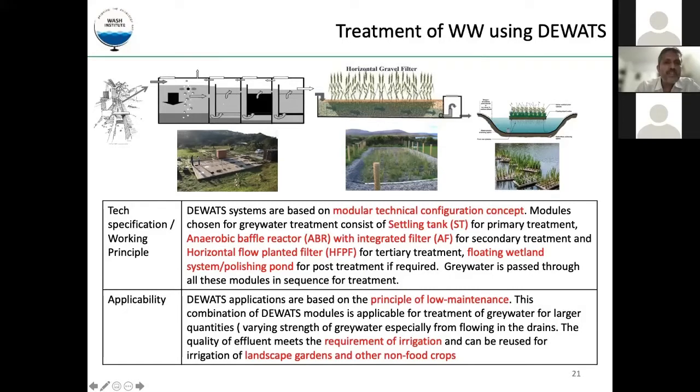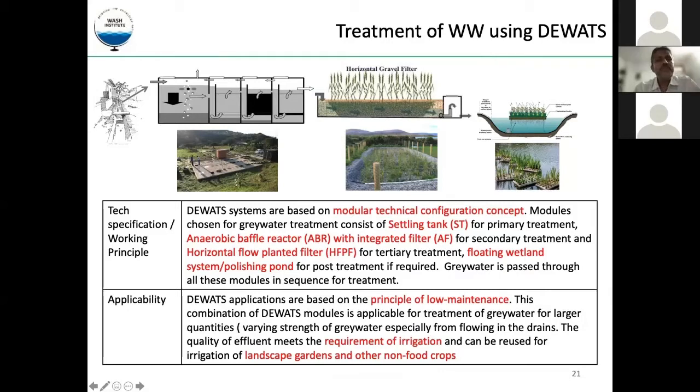So this looks to you like different systems, but when you construct it, it is very well packaged. This entire thing goes underground. It's tanks where the water moves up and down. And this is actually a simple gravel filter where, if you see, really no water is visible. It is a horizontal flow, submerged flow. So only the plants are visible here. And this is a pond where either it will be an open pond, or within the pond itself we also grow plants, which we call a floating wetland.